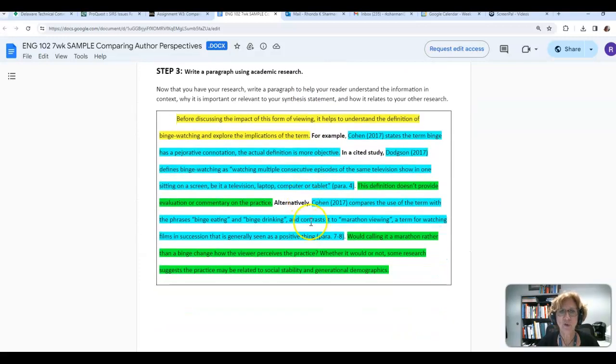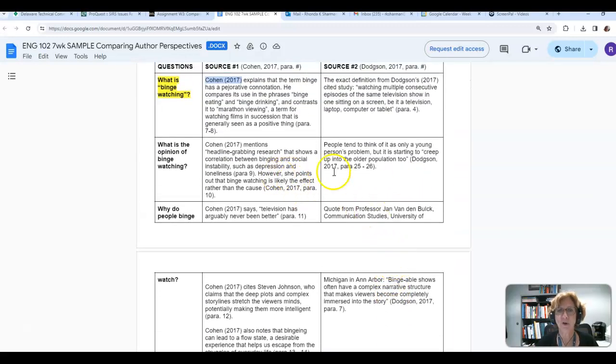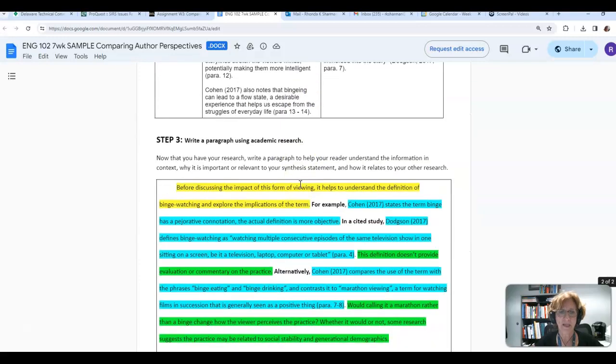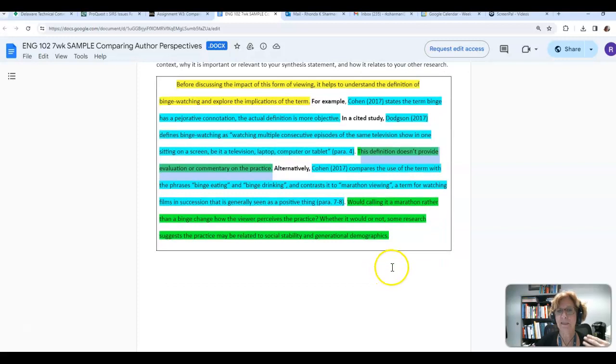Once you've done that, then you're going to write a paragraph that will actually be used in your final paper. So we're going to pick one of the questions, your choice, and then you're going to synthesize the information from both of the authors. And the sample here is really helpful to show that you'll start off by giving that first point of comparison, and then you'll explain what one author says about it, and then you'll explain what the other author says about it, and then sort of give a wrap-up of it.